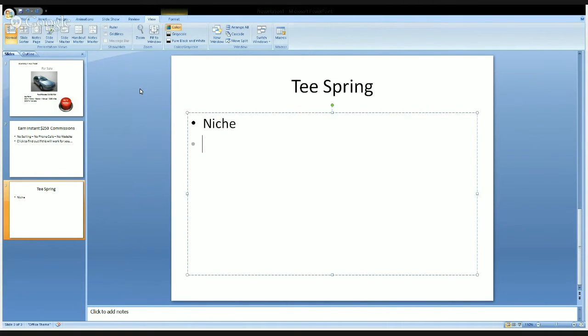But you have a good target market, and so your niche is where you want to be looking. Where do you want to sell the t-shirt? Because it's no good putting a t-shirt that says I love the National Football League or something like that on it and advertising to everybody worldwide.